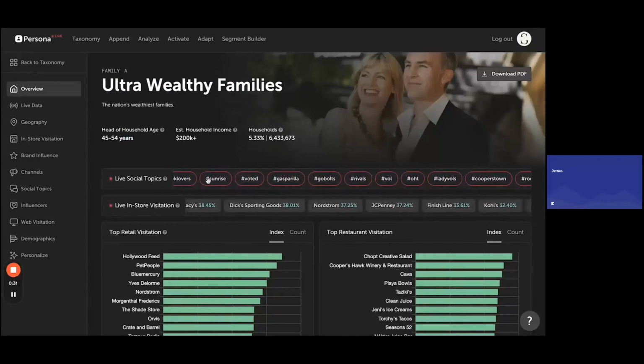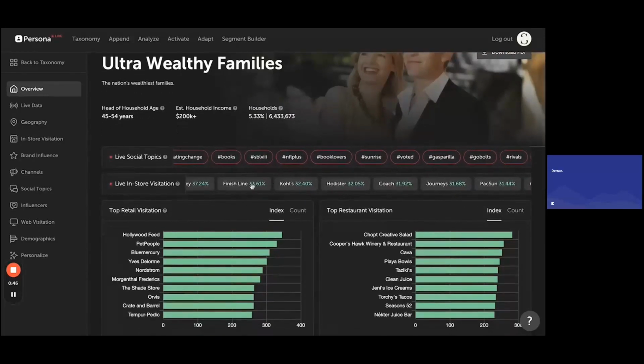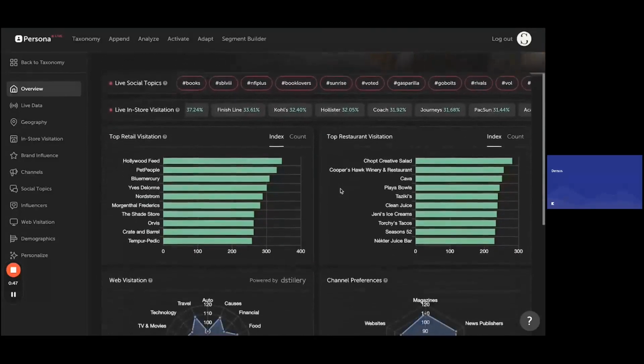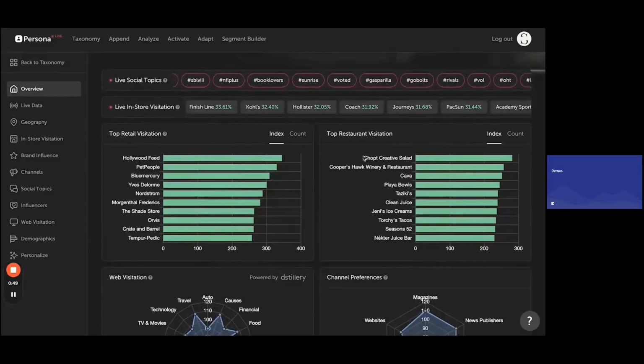So you can see the live topics that have been going viral with this particular segment in the past 2 weeks. So you can see these people have been talking about hashtag navigate change and talking about the Super Bowl. You can see their live in-store visitation, and then using a past 12 months of their mobile visitation, we can see their index across any brand.